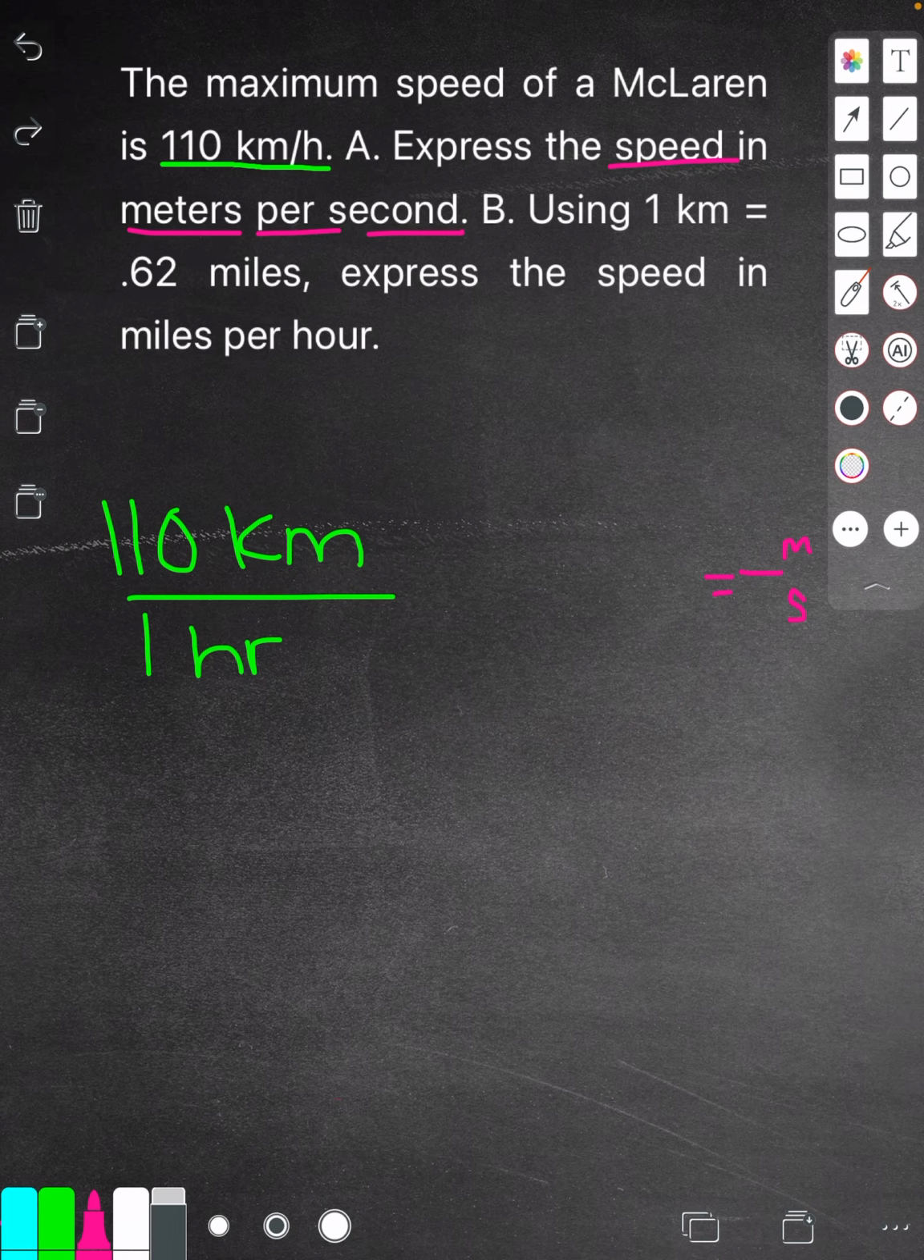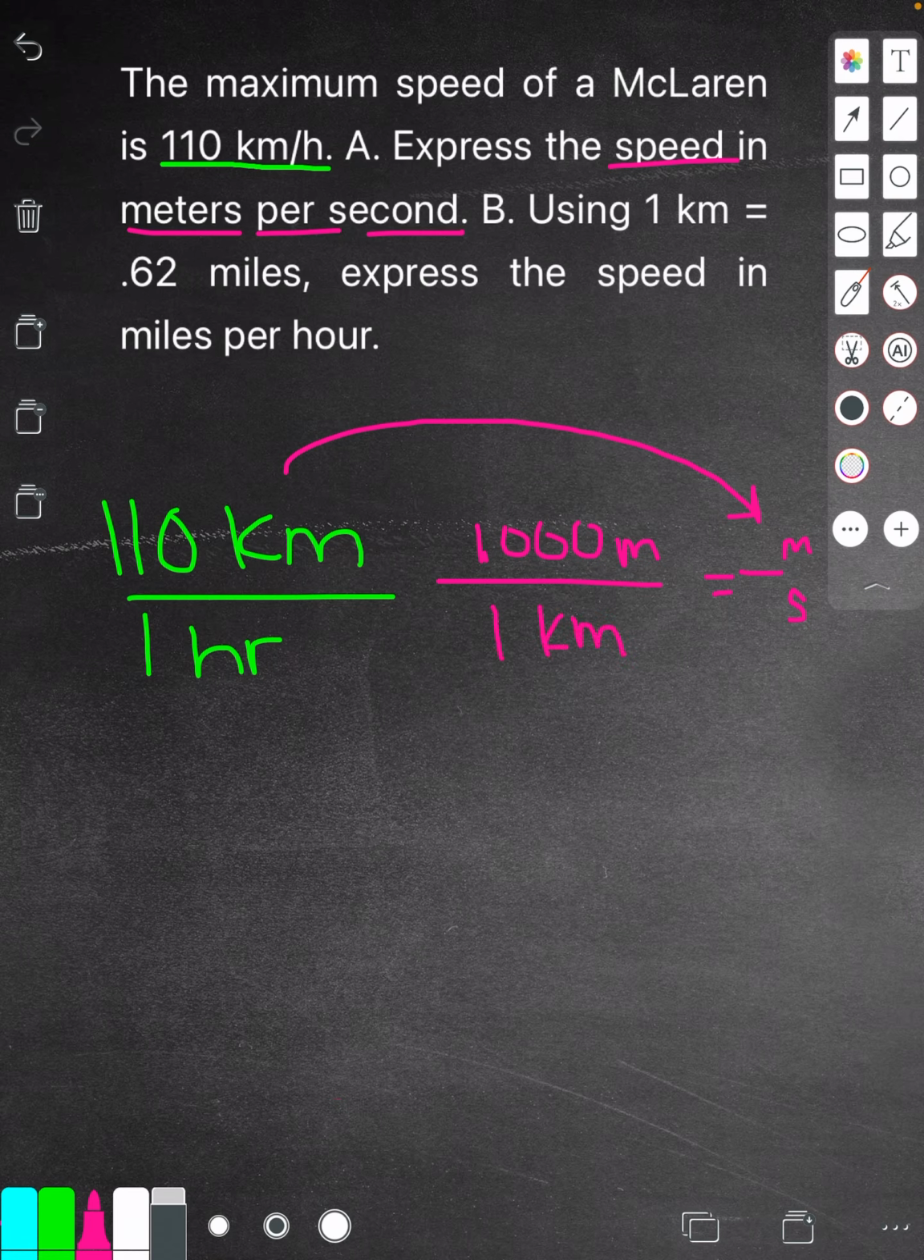So I'm going from kilometers to meters. That's what I'm going to choose first. I'm going to ignore the hours to seconds for now. So I need to know, if I'm going from kilometers to meters, how many meters are in a kilometer? Well, the abbreviation or prefix kilo means 1,000. So there are 1,000 meters in 1